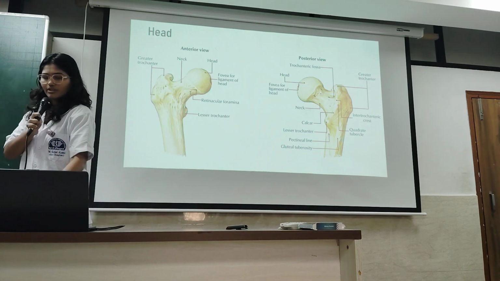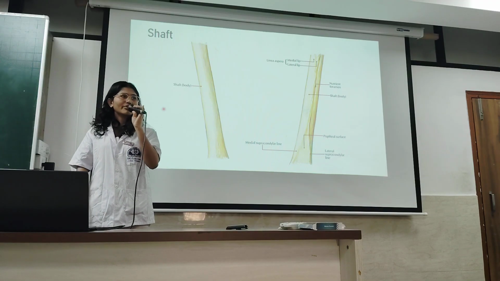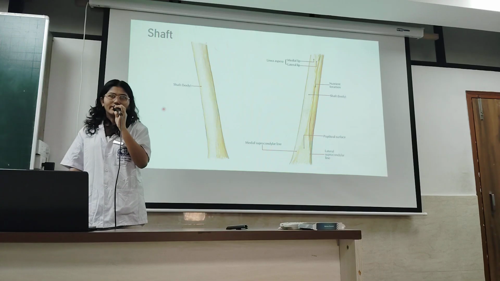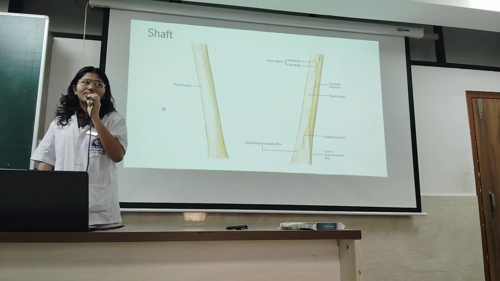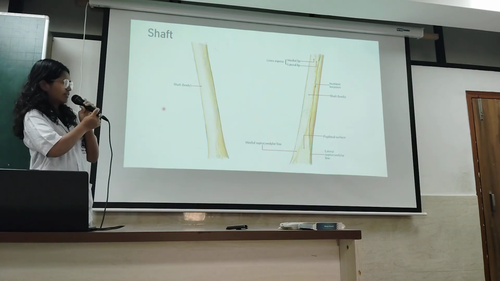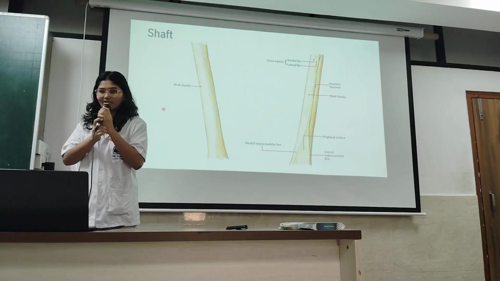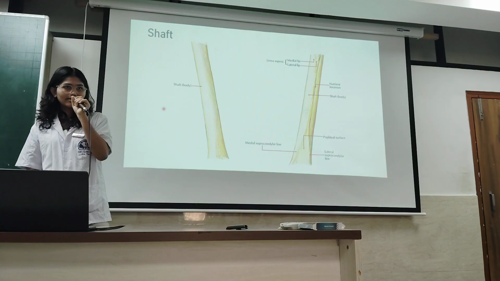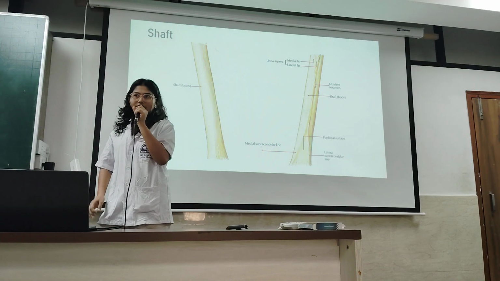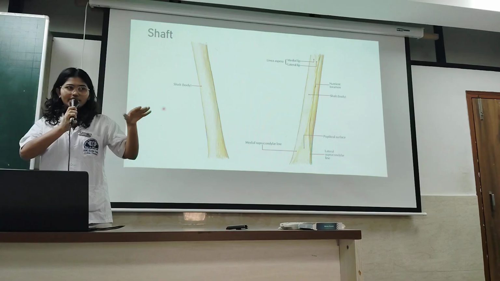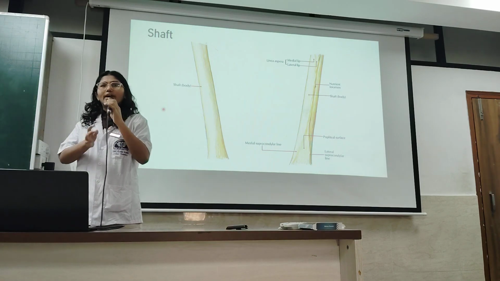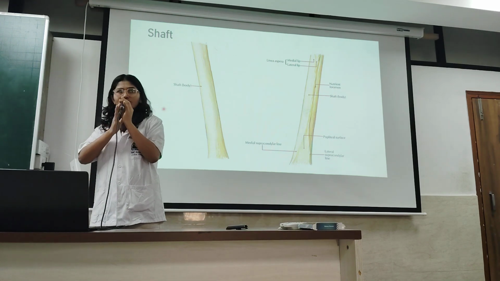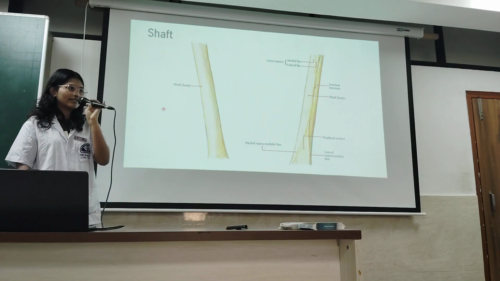Next we turn to the shaft. The shaft has 3 borders and 5 surfaces. The 5 surfaces are anterior, medial and lateral, and upper posterior and lower posterior. And we have 3 borders: lateral, medial and posterior. The posterior border is also known as the linea aspera, which is formed by the medial lip and lateral lip,